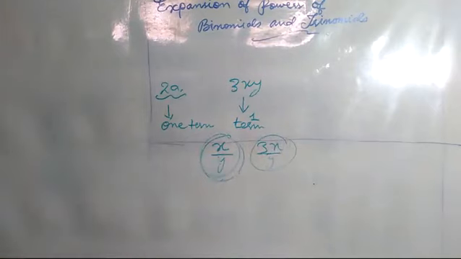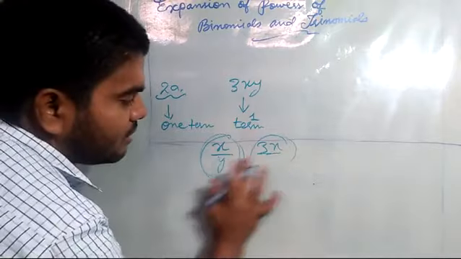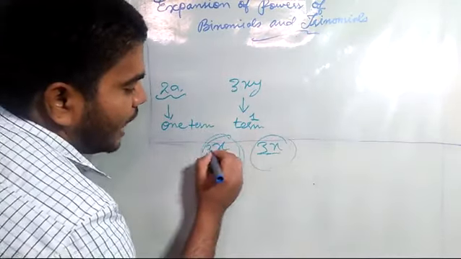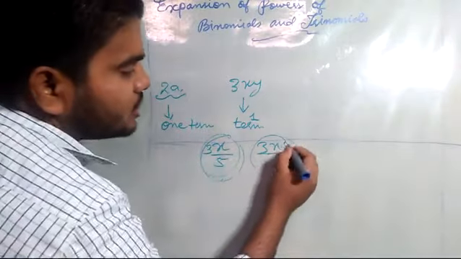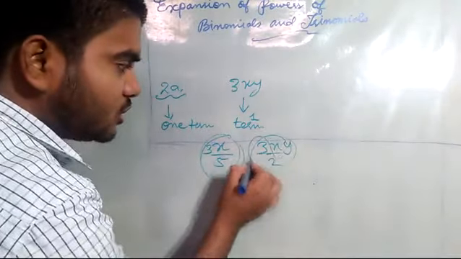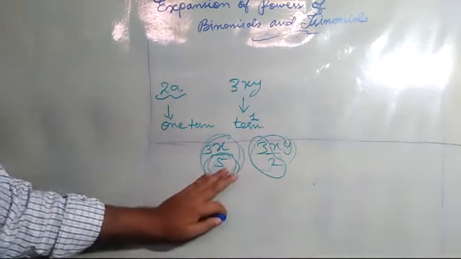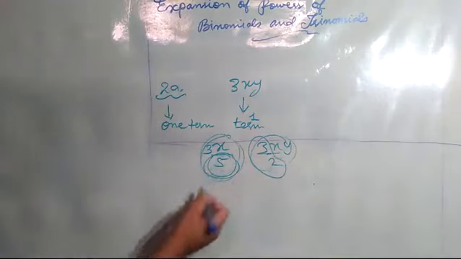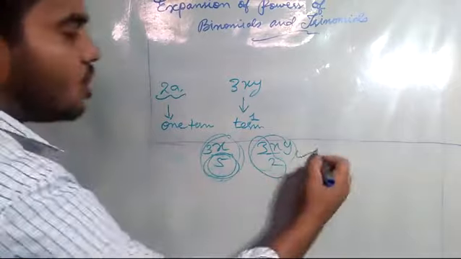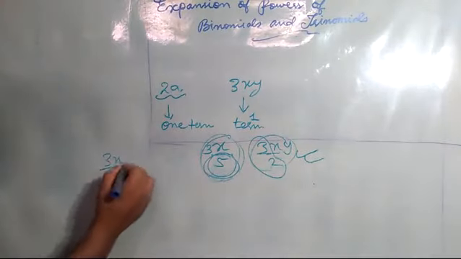So what did I say? The definition that a combination of constants and variables connected by operations of multiplication and division is called terms. Here I have to make one correction, my dear students. This y will never come in denominator. I can write 3x upon 5, here 3xy upon 2. The denominator should always be having a constant value. It should not be having any variable value. If it is there, then that will not be called as terms. These are called terms. But if I write 3x upon y, this is not a term.